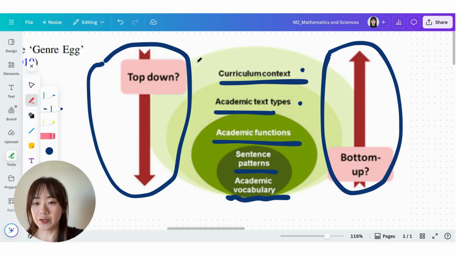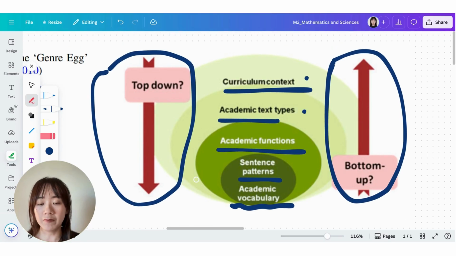And we can do the vice versa based on the top-down method, which is from the curriculum level, then followed by the text level, academic functions level, sentence pattern level, and vocabulary level. I find this a really powerful tool for me to deconstruct the textbook I have, because in most situations, we instructors or educators have an existing textbook, and this genre model always helps guide me to analyze what aspects I should focus on, and what elements I should analyze to better support students.